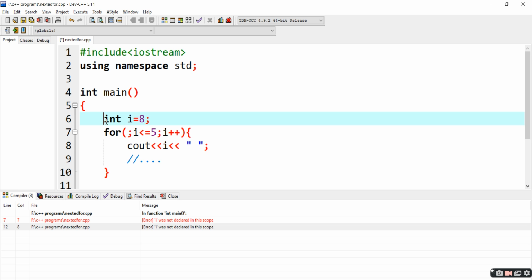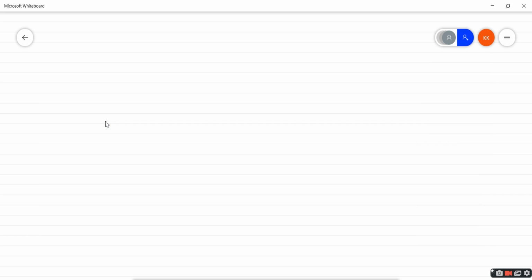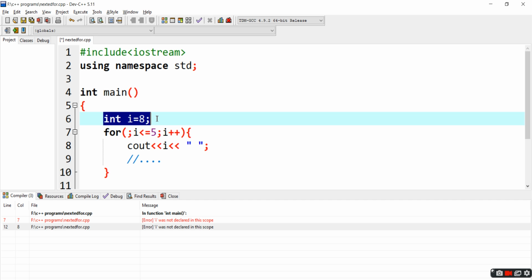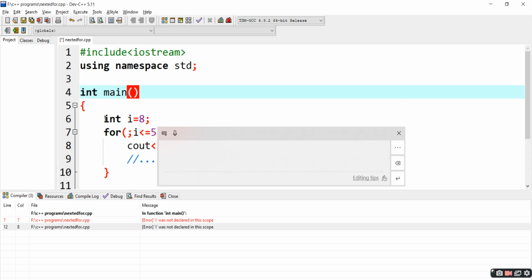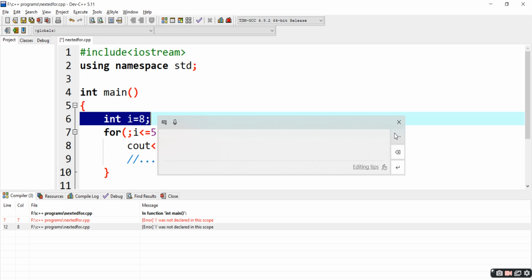If we don't declare int i in the for loop, is it going to be treated as a local variable or a global variable? This i is going to be local to this main, because we have declared it inside main.